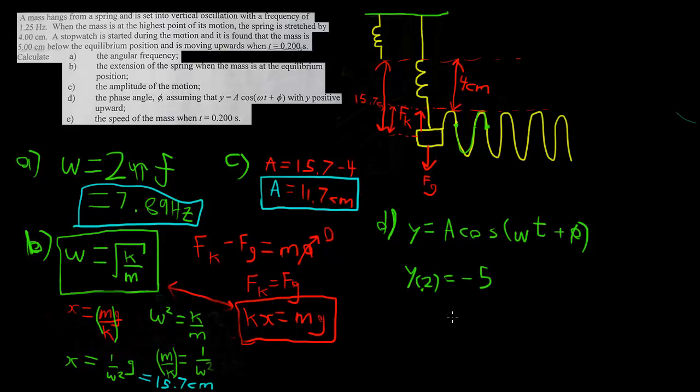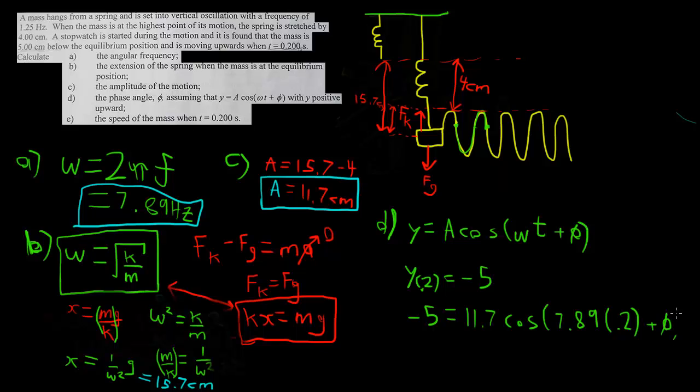Okay, so let's sub that in. We're going to sub in for y, put -5. A we know is 11.7, cos. Omega we know is 7.89 t plus the phase angle we do not know. And actually we do know time, because time is 0.2 seconds, so 7.89 times 0.2